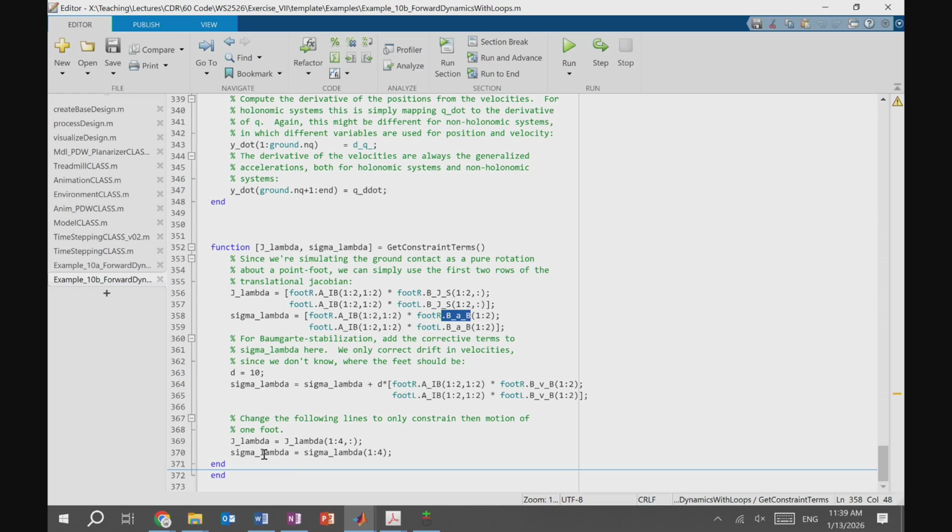Now, you could argue this is a bit of a hack, right? And the only reason why this works so well is because I have pin joints or rotational joints, and I have contact with a stationary object. So all I'm basically saying with these constraints is keep that particular point stationary. That is how I implemented this. And it's not a very generic way of thinking about this problem,